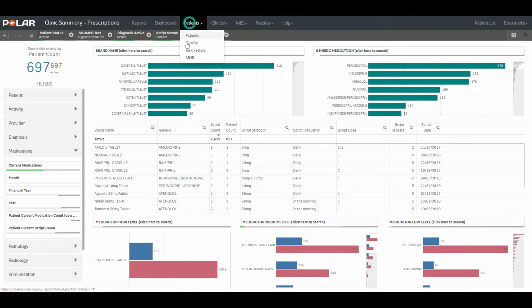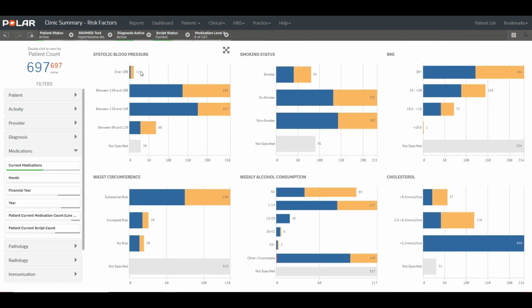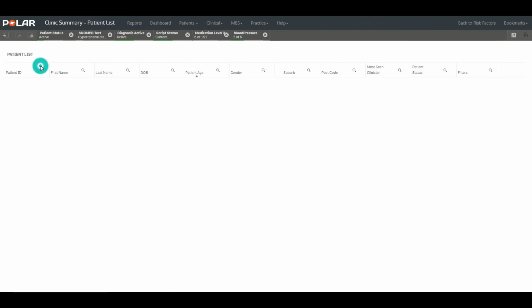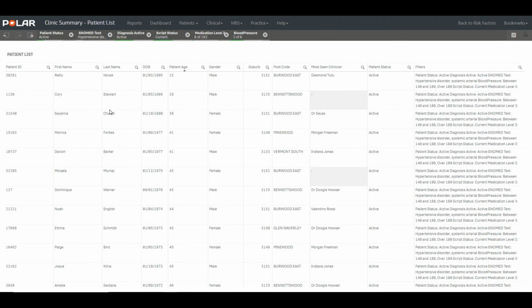The next thing we're going to do is head across to our risk factors page, and this will show us our most recent systolic blood pressure recording. And from here, we're going to select our patients with 140 or higher. And we can see that those are the patients that we want to look at who aren't currently being adequately